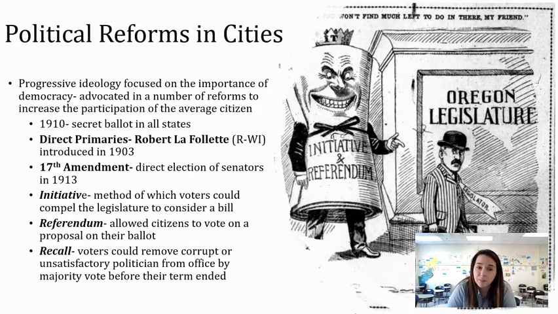You have the 17th Amendment, which is the direct election of senators in 1913. So before the 17th Amendment, senators were selected by their state legislature. And remember, the Senate is the upper house, right? So you serve for 6 years, you're there a little bit longer. It was really open to corruption